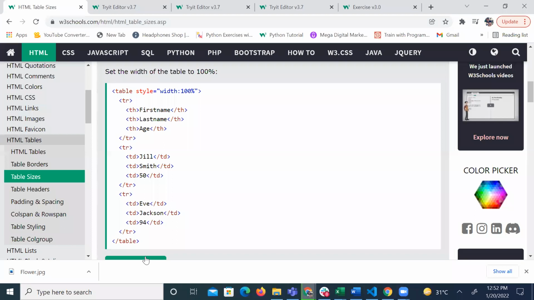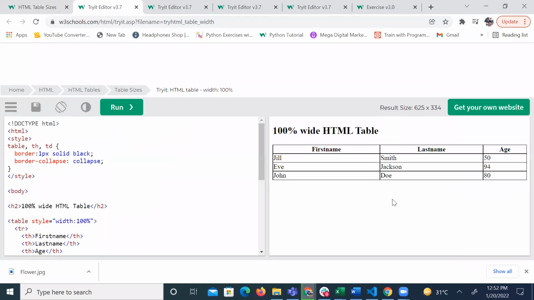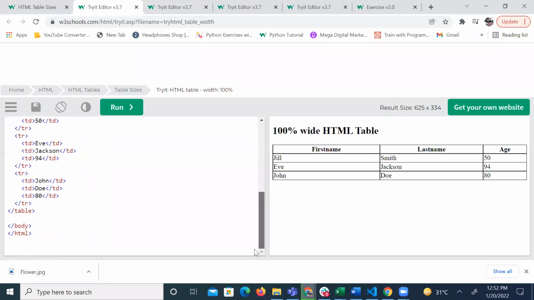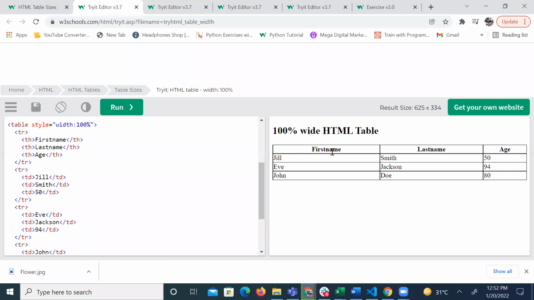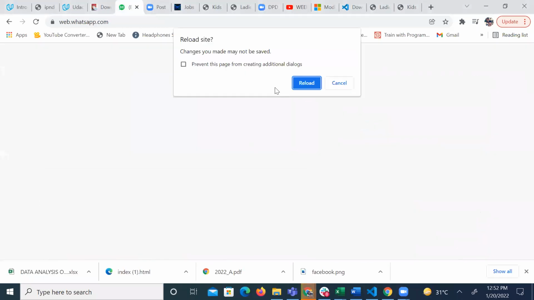So let me share my screen so I'll show you what this means. Can you see that this covered the whole screen, but it's based on what? The table row. How small the table row is. The first name, and see that the last name is larger than your age. So each row has